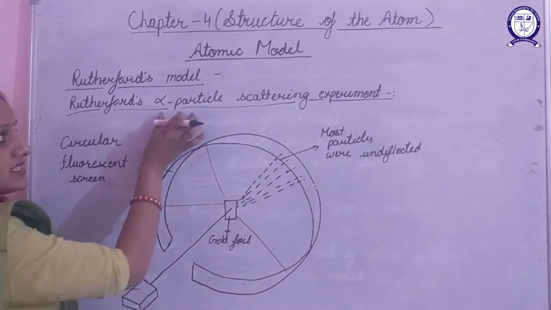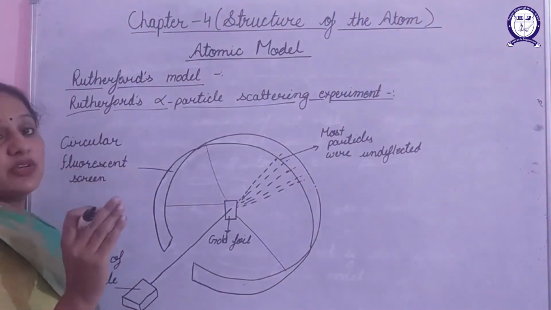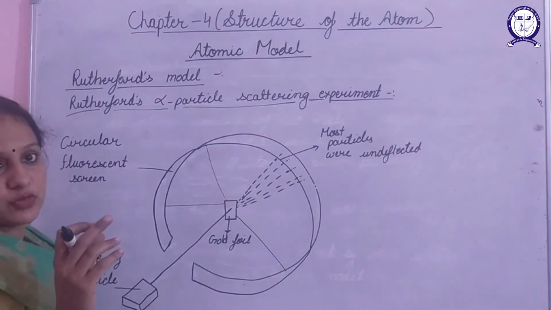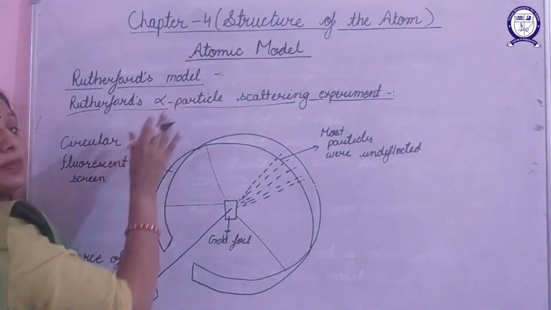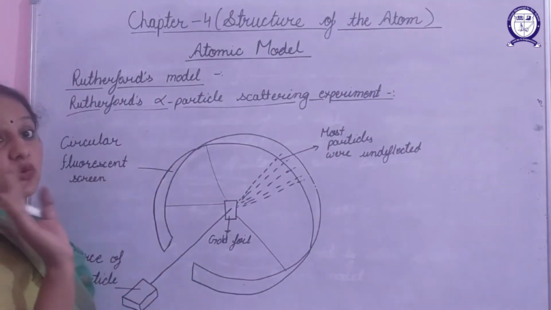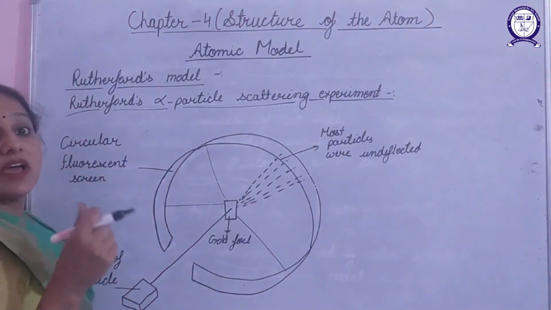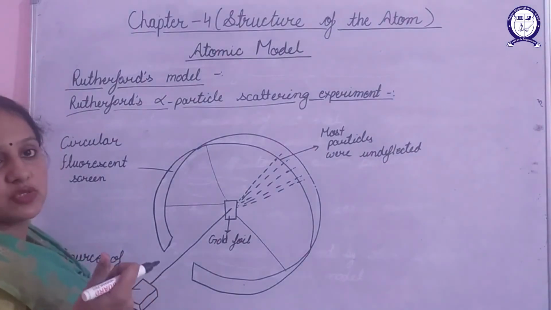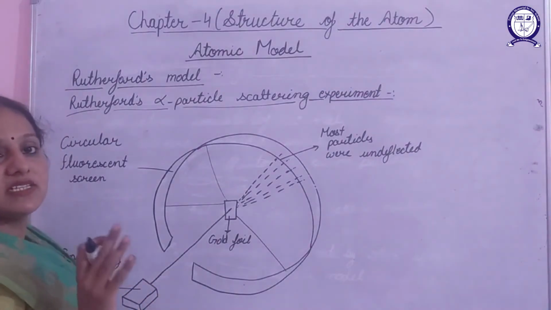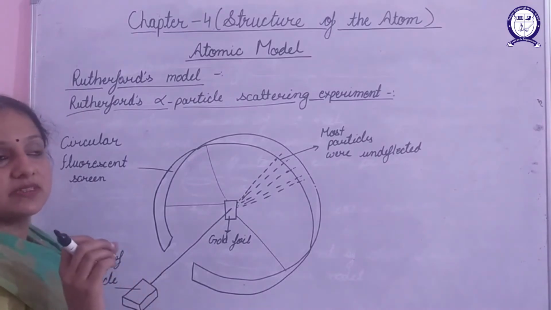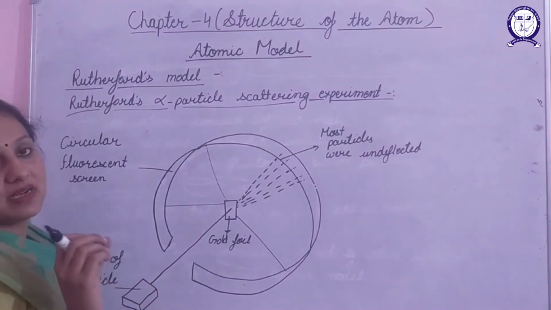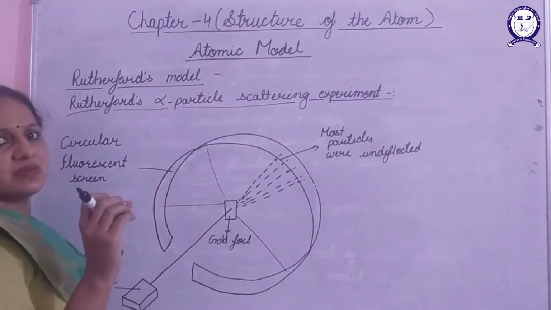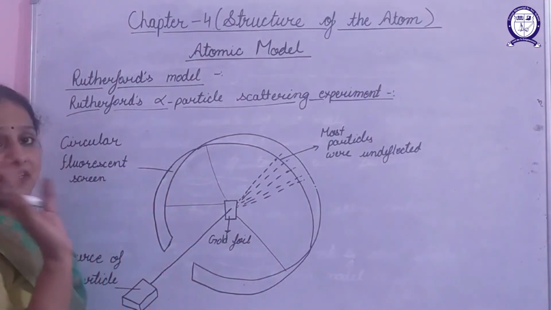He took these alpha particles, and then he took a gold foil. He made these alpha particles strike the gold foil. Now the question arises: why did he take gold foil only? He could have chosen any other metal, but the reason is that gold is the most malleable metal. So he took a very thin sheet of gold carrying approximately 2000 atoms in it.